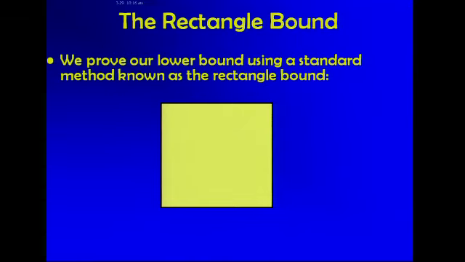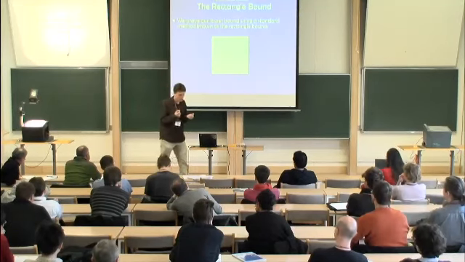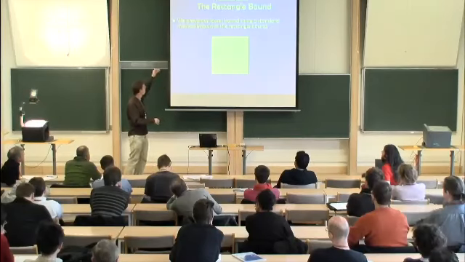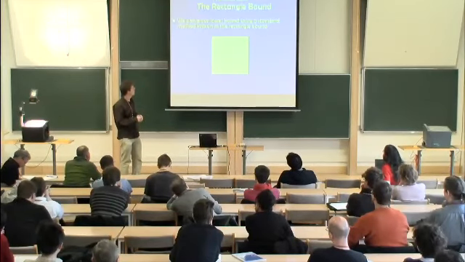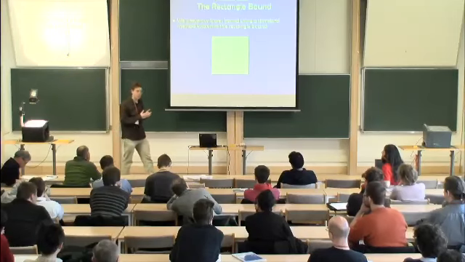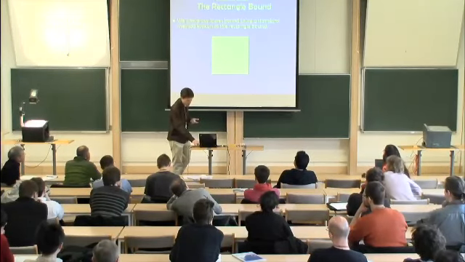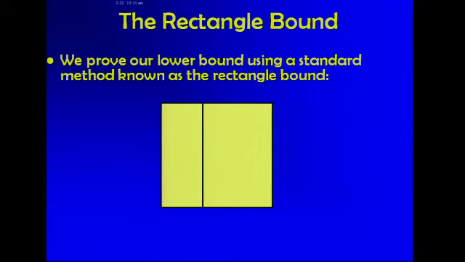So the way you prove a lower bound on communication complexity, in case you haven't seen this before, you try to understand what a communication protocol really does. This matrix represents the inputs: the rows correspond to all possible inputs of Alice, and the columns correspond to all possible inputs of Bob. Imagine it's finite. So what happens in the protocol is first, Alice is the columns and Bob is the rows.